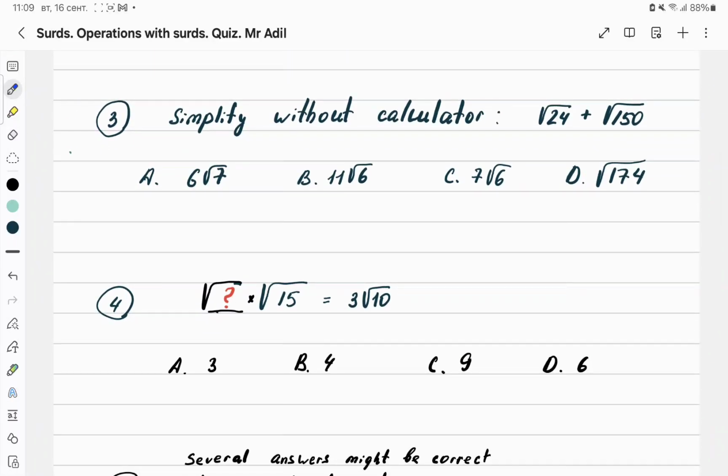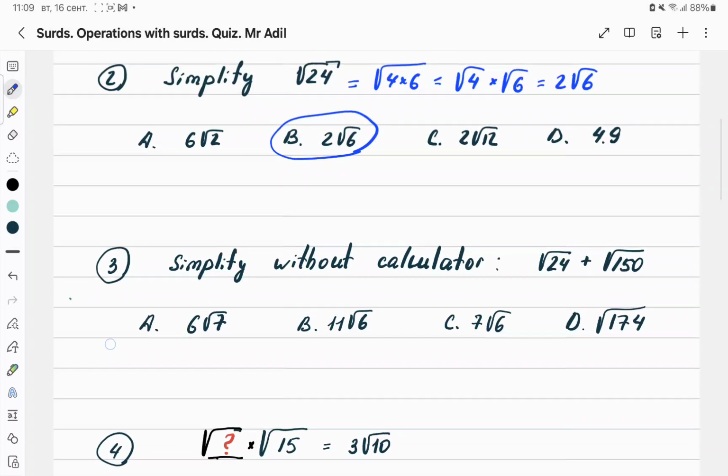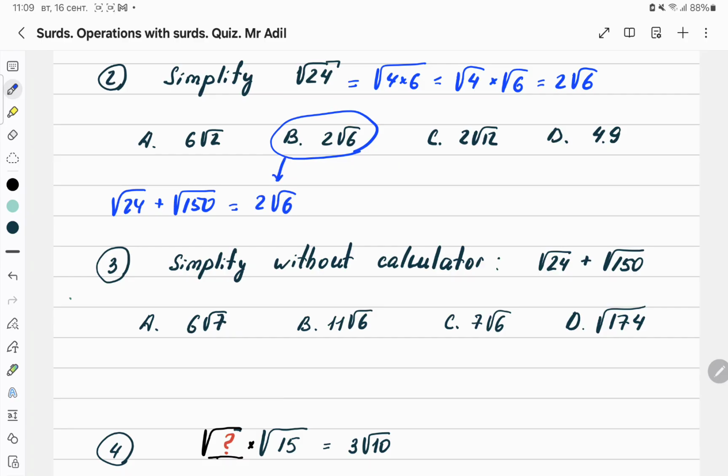Okay, question number 3 and 4. Simplify without a calculator: square root of 24 plus square root of 150. We know that the square root of 24 is 2 square root 6, taken from the previous example. And square root of 150